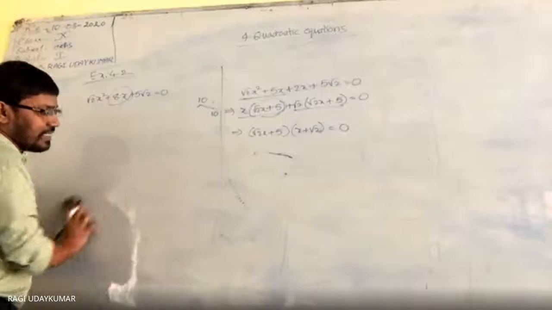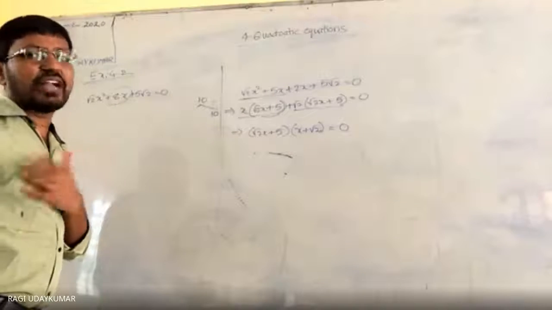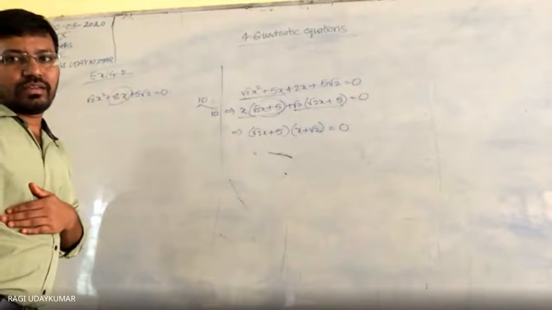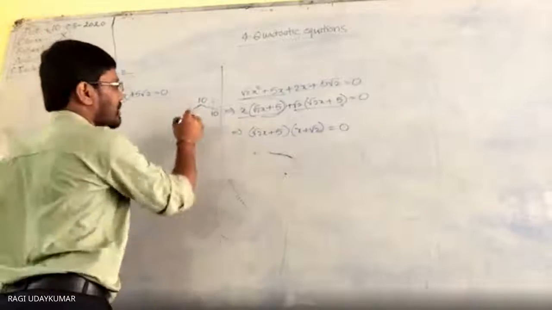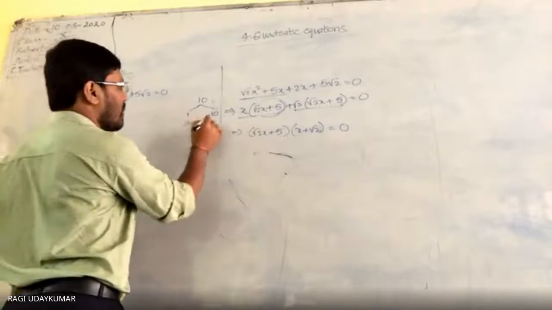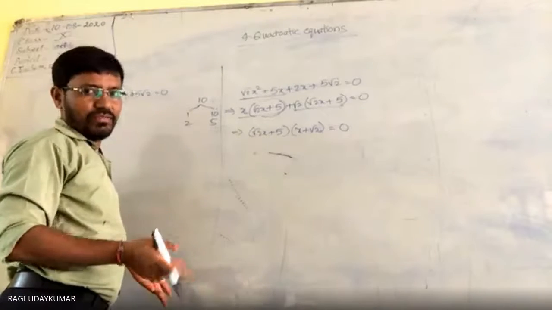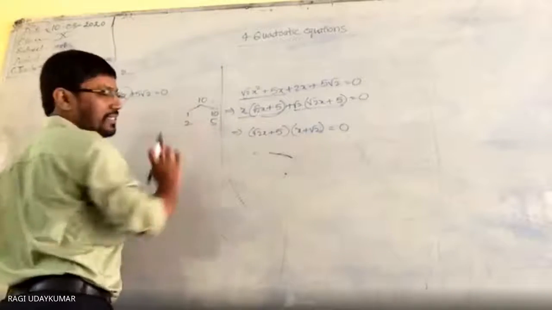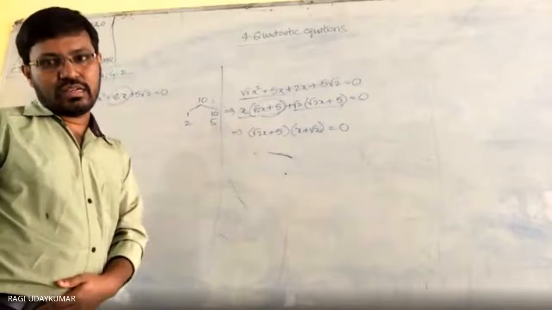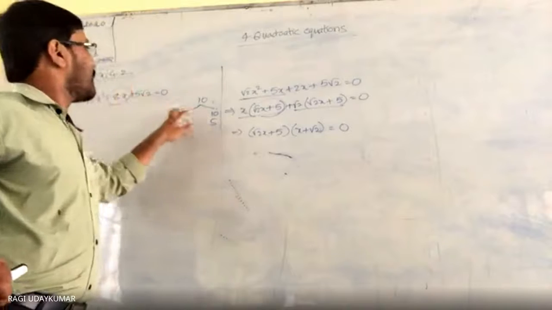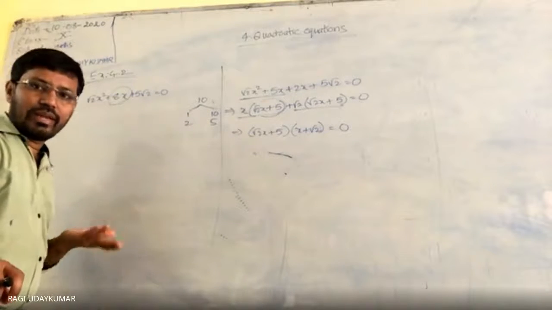So you may ask, sir, in this place, suppose 8x is given, how do we factorize this one? Factorization is not possible. Why? Because the factors of 10 are 1 10 the 10, 2 5 the 10, 5 2 the 10. So only two pairs of factors are available. Now adding these two pairs, 8 will not come. You will not get 8.